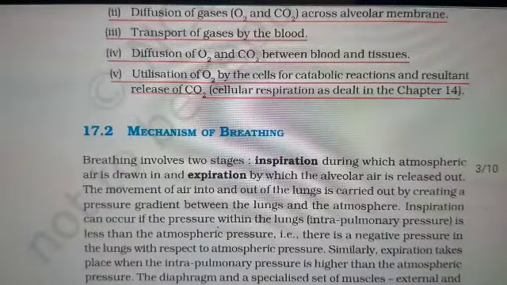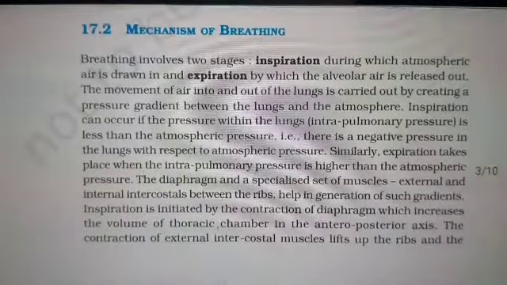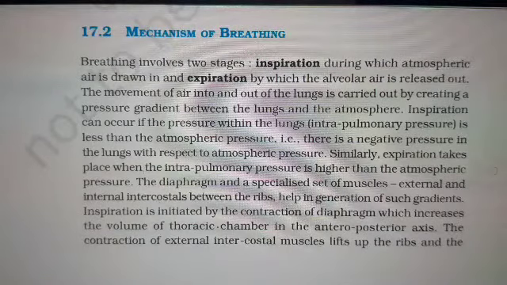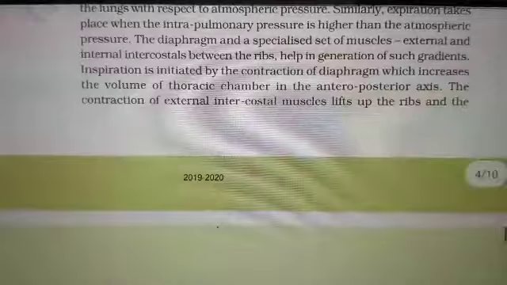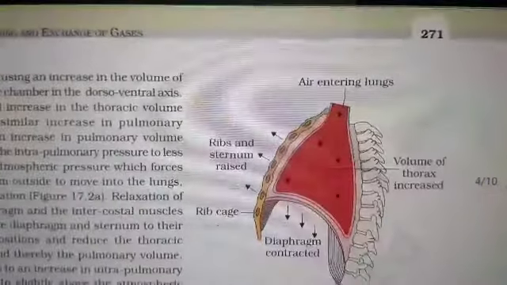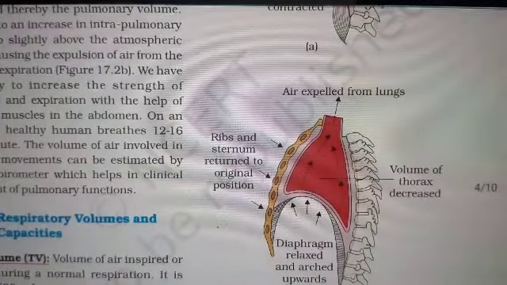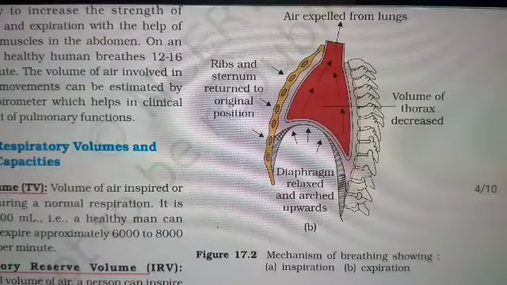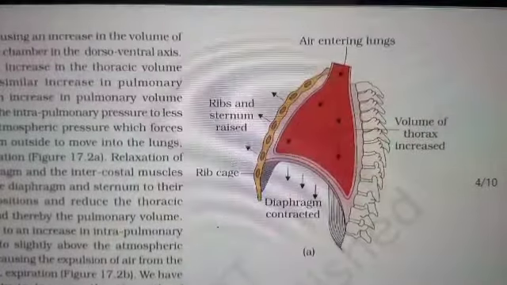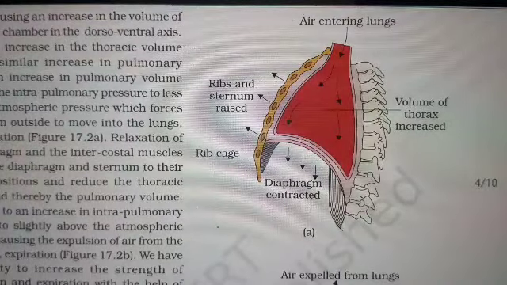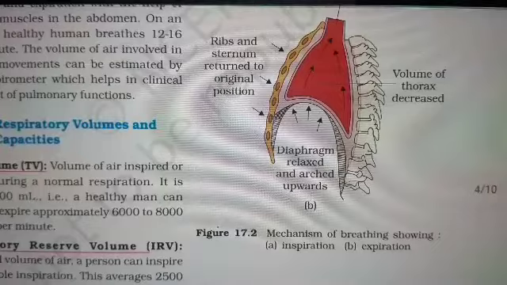And the mechanism of breathing: inspiration and expiration, these two mechanisms, play a major role. To understand all this, let us go through it in a very simple way. This is one diagram, and this is the other diagram; these two diagrams show the mechanism of breathing, inspiration and expiration. Inspiration is when human beings inhale the gas. Let us see what happens inside the breathing area.